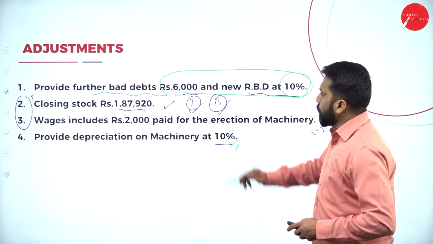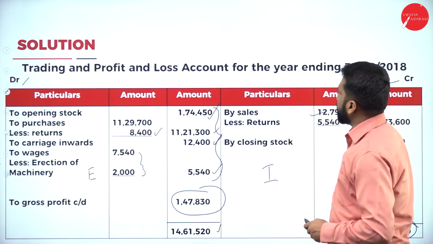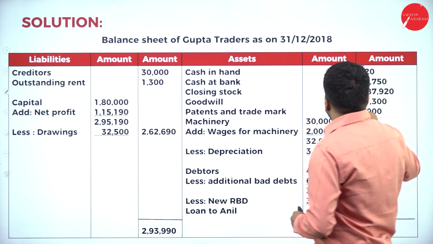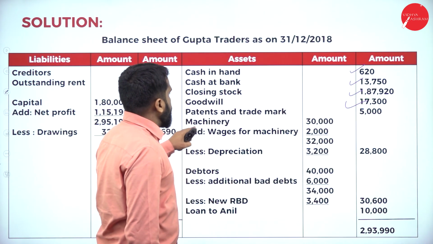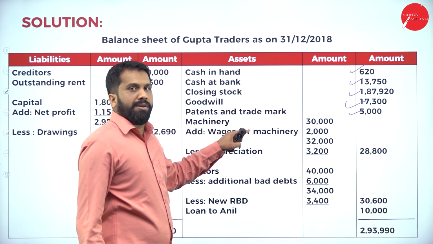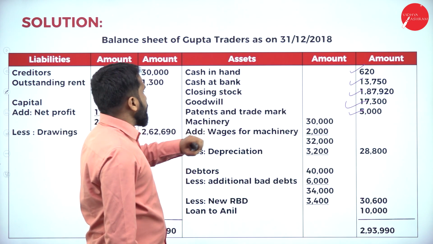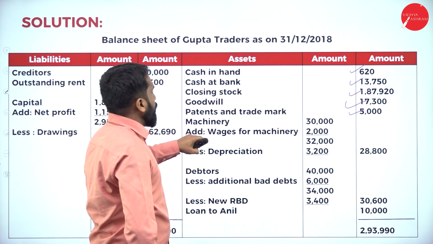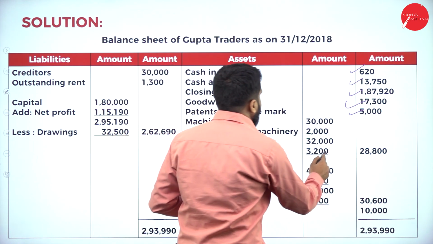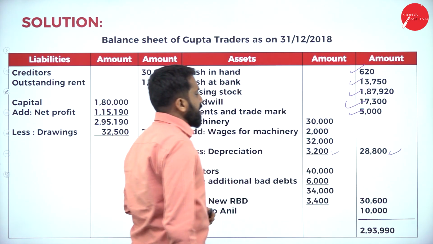Once in trading, once in balance sheet. Now, goodwill, it is as it is. Your patent as it is. Then your machinery as I told you. So we have to minus 30 and plus wages of machinery, it is 32. From 32 if you minus, it will be